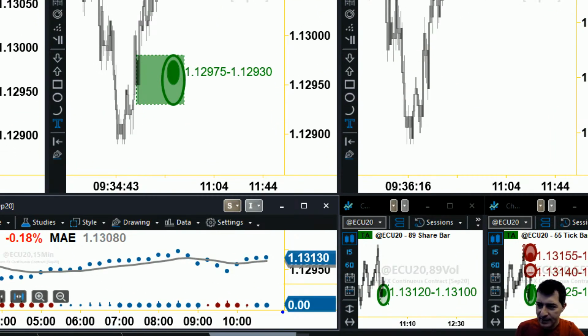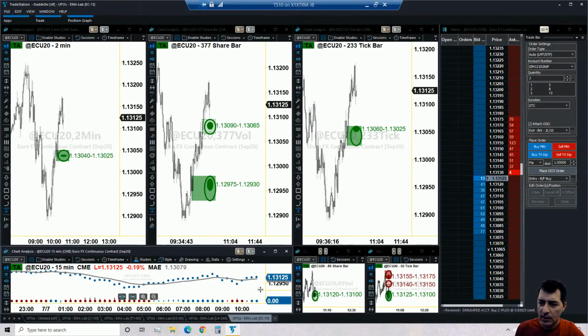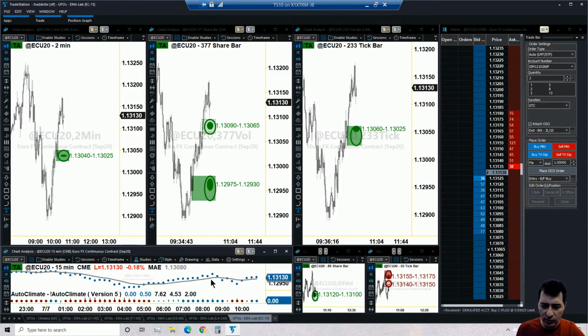So climate confirmed and second dot. So certainly ready to go. Statistics suggest that when the Euro goes up, it could be up to 8 candles. So this is candle number 2. So certainly a very nice price point for us to get into a trade. Current EMA value is 113.08.